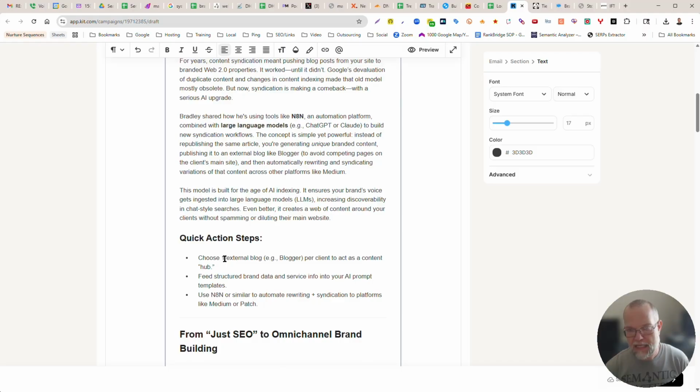Something that I have also mentioned a lot in the last few weeks is competing pages. The problem is, we don't want to just blog from the main website, because that will create potential cannibalization, or competing pages at the very minimum. When you're publishing content from a main blog, it didn't used to be like this, but it is now because of the helpful content update, by the way, Google is frowning upon redundancy and duplication. And when you have more than one page on a particular domain that is relevant to a particular search query, that is potential cannibalization, which means one page can cannibalize the other.